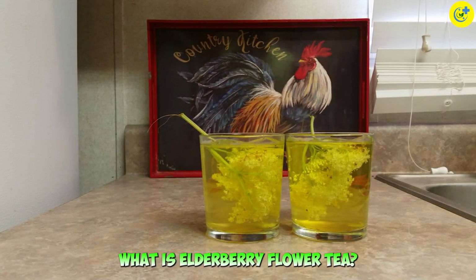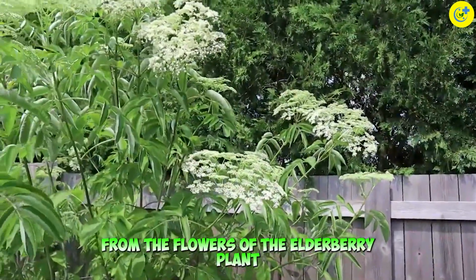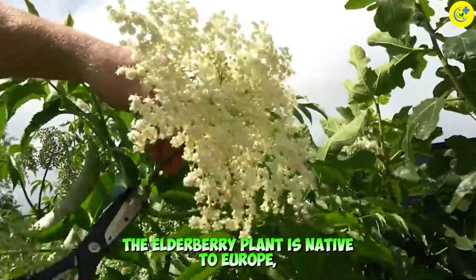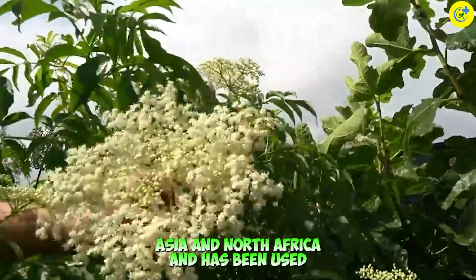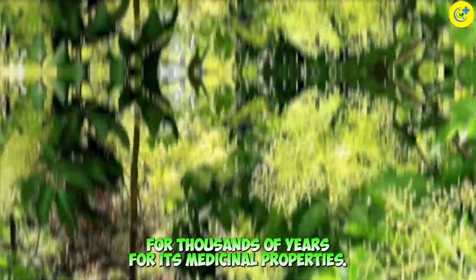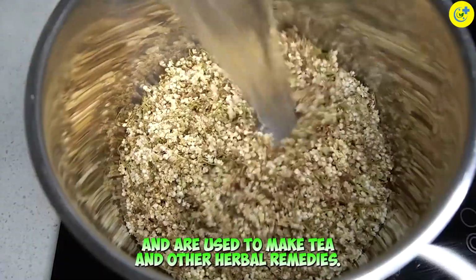What is elderberry flower tea? Elderberry flower tea is a type of herbal tea made from the flowers of the elderberry plant, Sambucus nigra. The elderberry plant is native to Europe, Asia, and North Africa, and has been used for thousands of years for its medicinal properties. The plant's flowers are harvested in the spring and early summer and are used to make tea